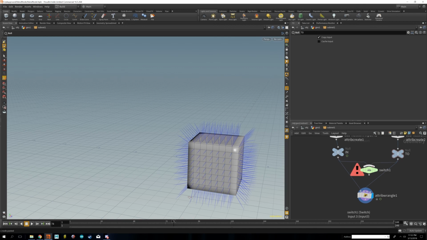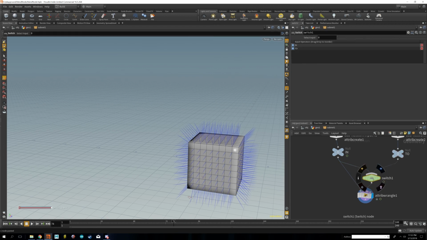So I'm going to connect these up: the first input, or the 0th input, goes to the 0th input of the switch, and the second input, the 2 object, goes into the second input of the switch. Now we need to check that if the two objects have the same point count, it's going to read in the 2 object no matter what. It's just going to bypass doing any of our fancy stuff here because we don't need it to happen. So I'm going to read to see that the point counts are the same between them. If I do npoints,